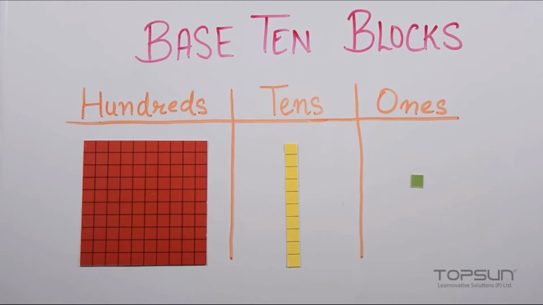As you can see, there are three types of blocks representing the first three places of a whole number: ones, tens, and hundreds. This is a perfect visual aid for teaching base 10, since these pieces are in proportion to their value, making it physically and numerically understandable by emphasizing both the place and value of a number.